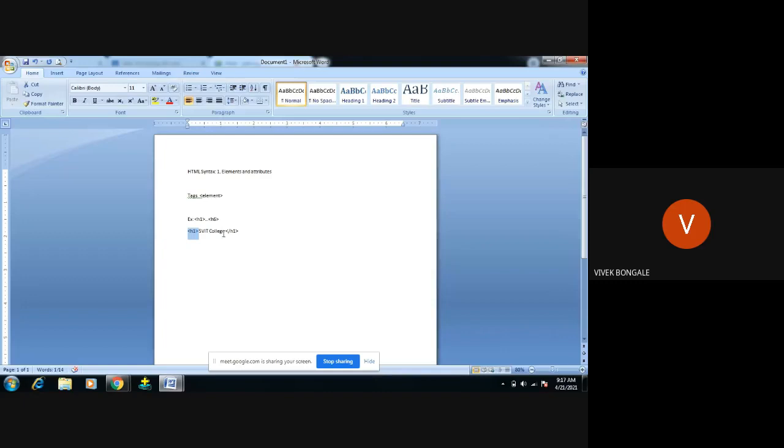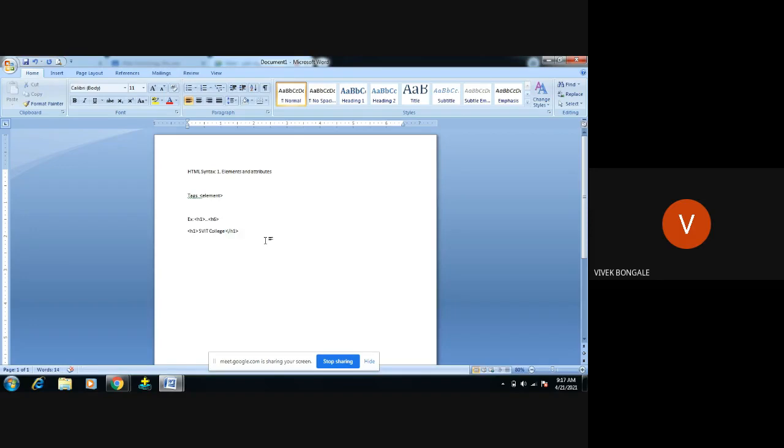What I have written here is a content, it is not an attribute value. The element which we have opened, we say it is an open tag, and we say it is a close tag. All elements should start with the open tag and end with the close tag. This is regarding the element.